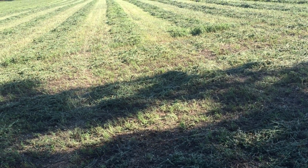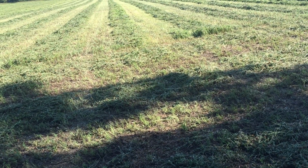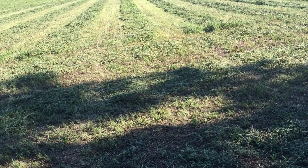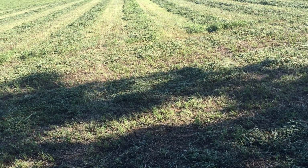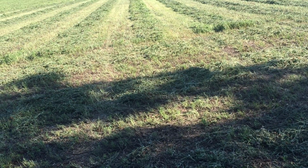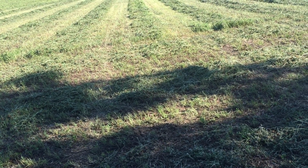But what I'm going to do with this field, how I'm going to recoup, it's going into corn next year. That's what the rotation will come to. So I will spread some manure on it this fall. What I'm going to do with it right now is I'm going to pull the cows off of the grass